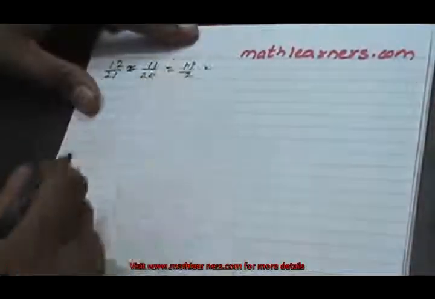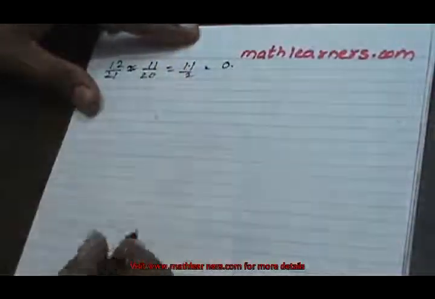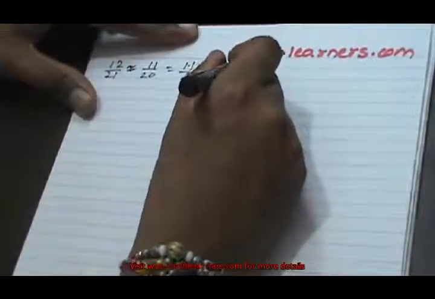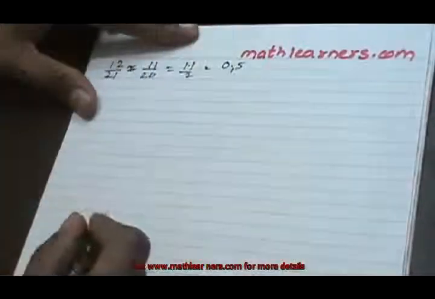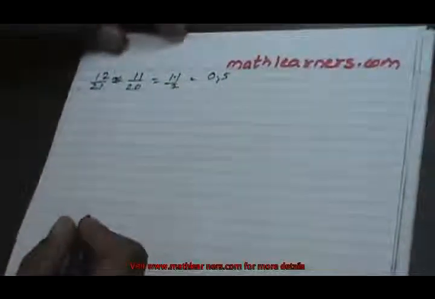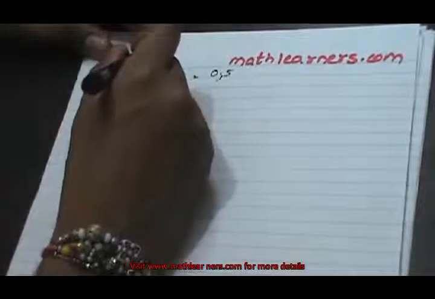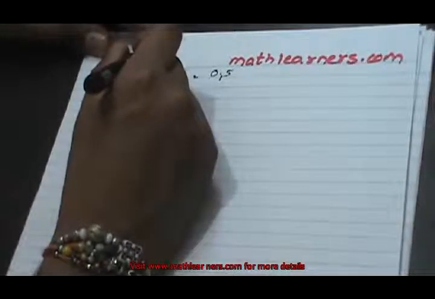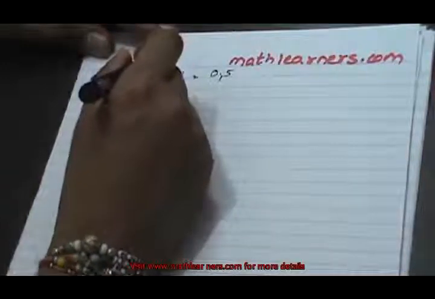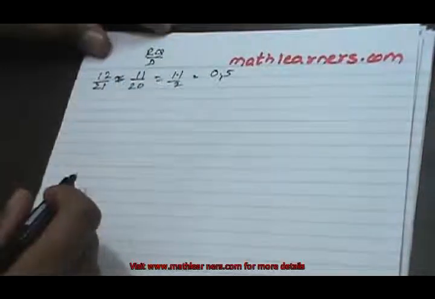So this can be written as 11 by 2. So the first step will remain the same, that is 11 will be divided by 2, so the quotient will be 5 and the remainder will be 1. Now there will be a difference from the last video. In the last video we had seen that we append the remainder to the quotient and then divide by the divisor.